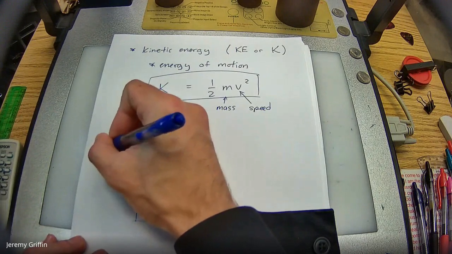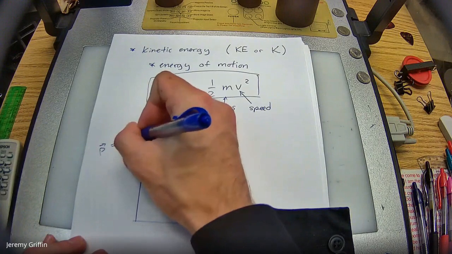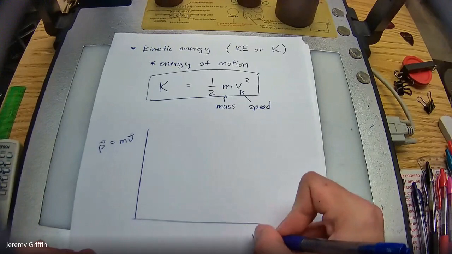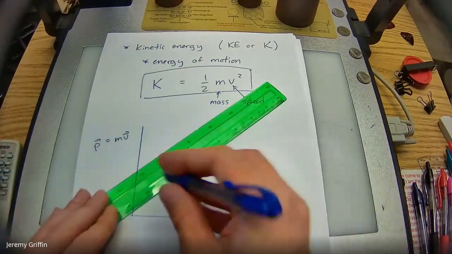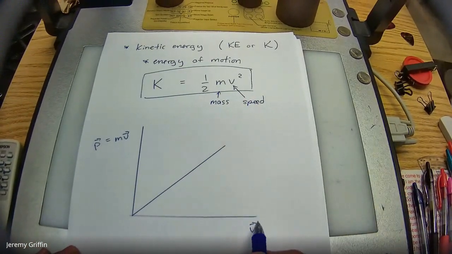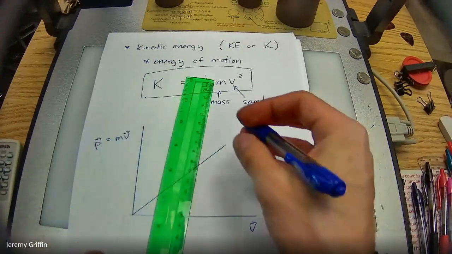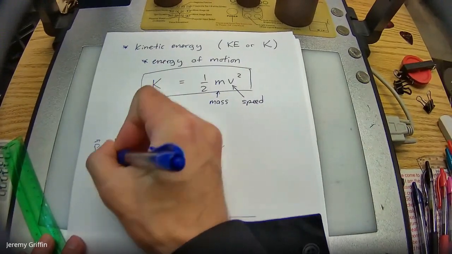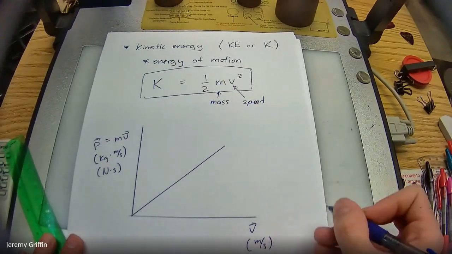Okay. One is this. Let's do a momentum versus velocity graph. Now, momentum we haven't even talked about yet, but I'll tell you guys, momentum is mass times velocity. Okay, well, velocity could just be that axis. Well, this graph just sort of definitionally has to be a direct relationship. So if someone's going twice as fast, then just multiply it by its mass, and that value is twice as much too. So direct relationship. Okay. And if you look at the units, this would be kilogram meter per second, which is also equivalent to Newton seconds. And of course, this axis is meters per second.